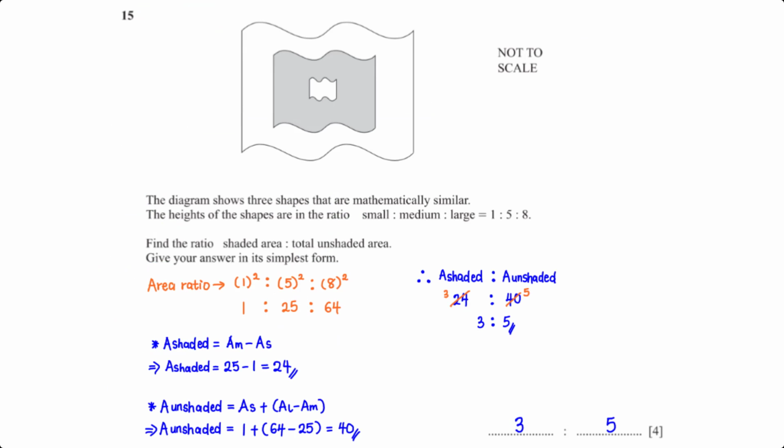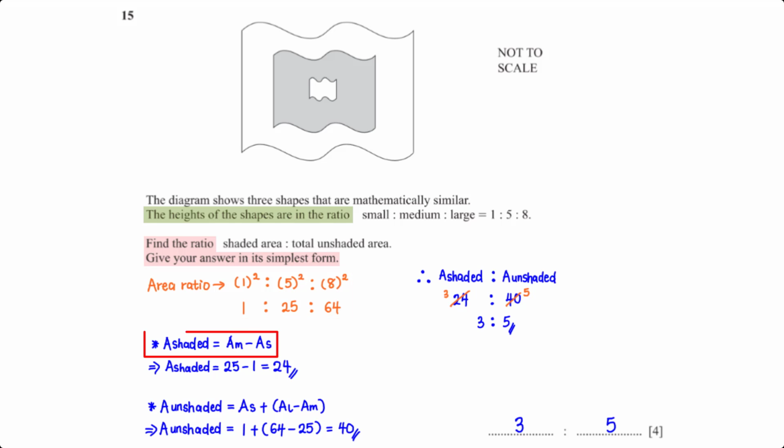The diagram shows three shapes that are mathematically similar. The heights of the shapes are in the ratio small is to medium is to large equals 1:5:8. Find the ratio shaded area is to total unshaded area. Give your answer in its simplest form. To get the area ratio, we square the given ratio. This gives us